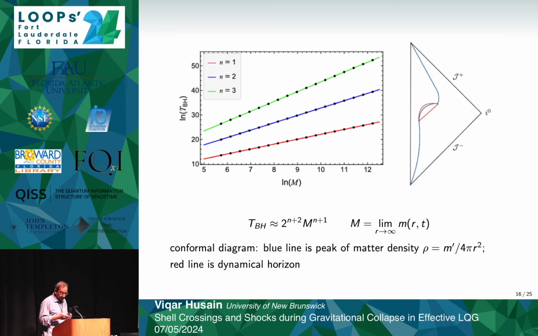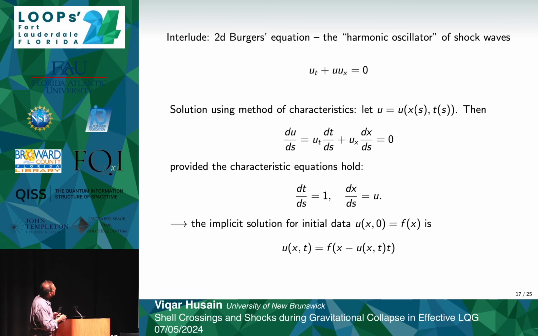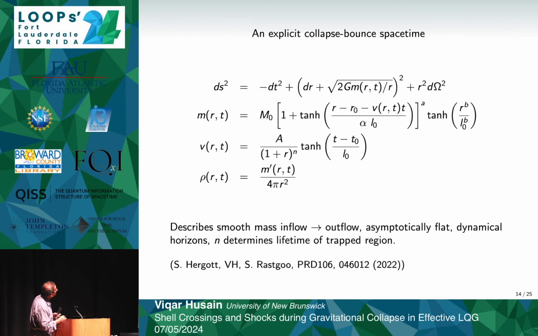So that's what you get from the simple cooked up metric. The number of things to notice about that is that this is PG coordinates. There's no switching of the shift function, no sign issues that you get in Oppenheimer-Snyder. Everything is nice and smooth. And so it just illustrates the points that we want to get in a quantum gravitational collapse phenomenological metric. It's got all these parameters. You can adjust them to get variance on those pictures that I showed you.